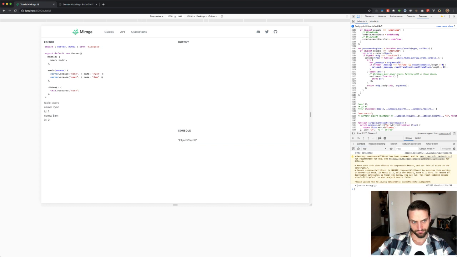So yeah, this seems to be working. And if I change this to Ryan Toronto, okay, that's going really fast now, actually. So basically, every keystroke here